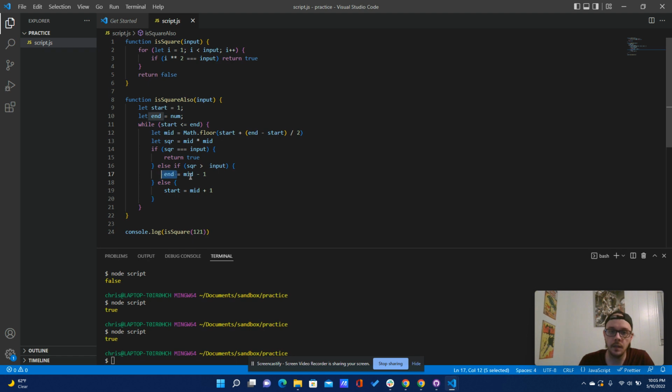So the end is going to be, instead of 50, 25 minus 1, 24. Okay, so now mid is going to be the midpoint between 1 and 24, which is 12. 12 times 12 is 144. That's still greater than the input. We're going to do it again. We're going to get 6. We're now at 36,